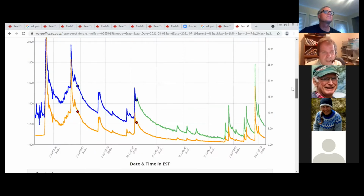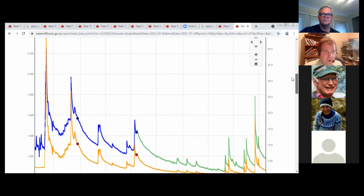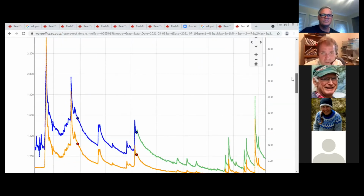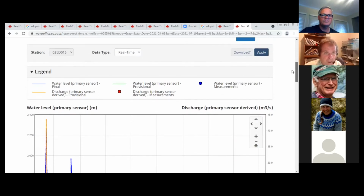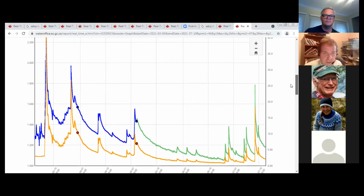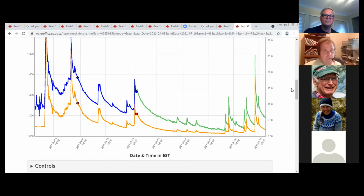So now the color changed here. Before, we were dealing with the green line, which was water level, and a yellow line, which was discharge, and they were both marked as provisional. You can see that on or about April 1st, there is a red dot and a blue dot. So those guys I saw on the side of the road back in April